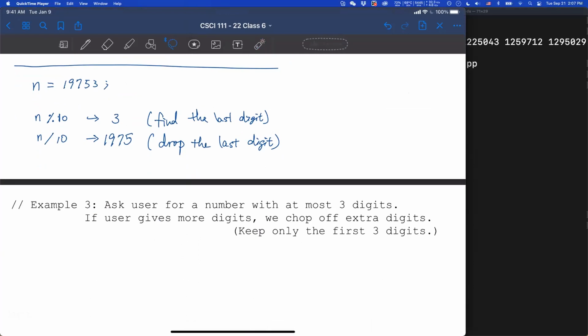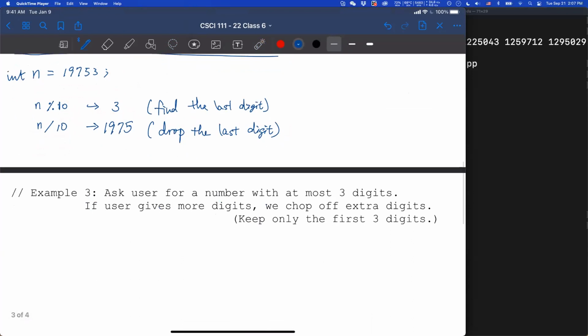So for 19753, if you set n equal to that, when you do mod 10, that will give you the last digit, right? And when you divide by 10, it will drop the last digit. So that is the integer operation.